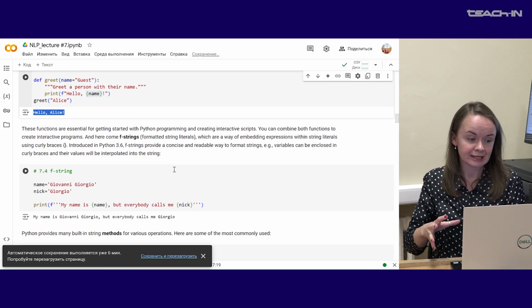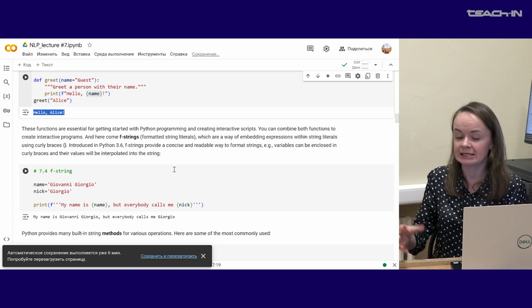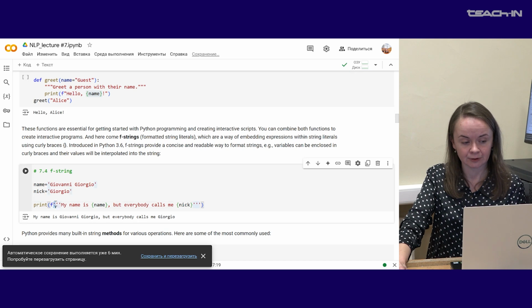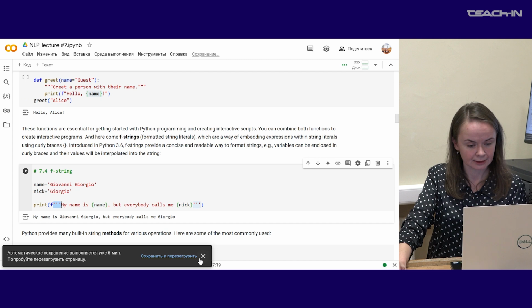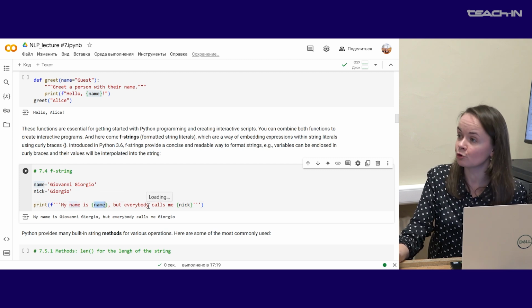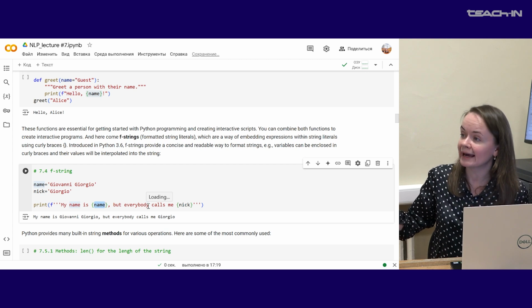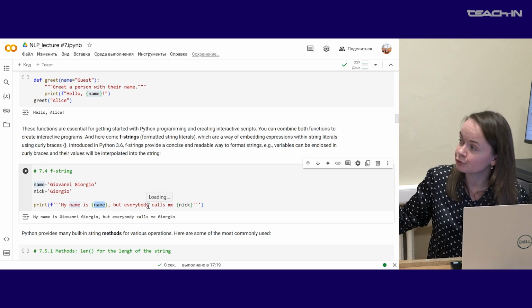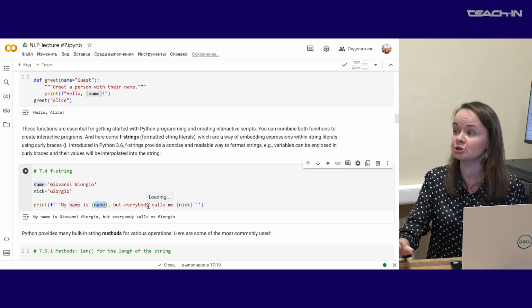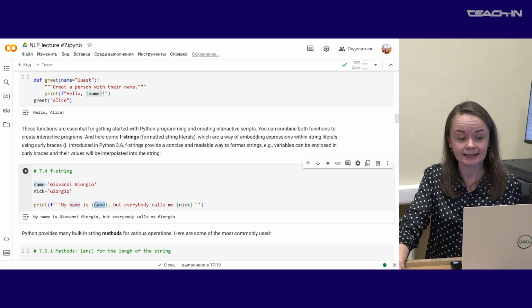So f-string, f is not a function. An f-string is a special string where, if we put f and quotes before the string, then we can add curly brackets, and inside those curly brackets we can do absolutely anything we want, because normally inside the string we cannot change anything. But if we add it here, we can do some mathematical operations, or in our case, add some values to